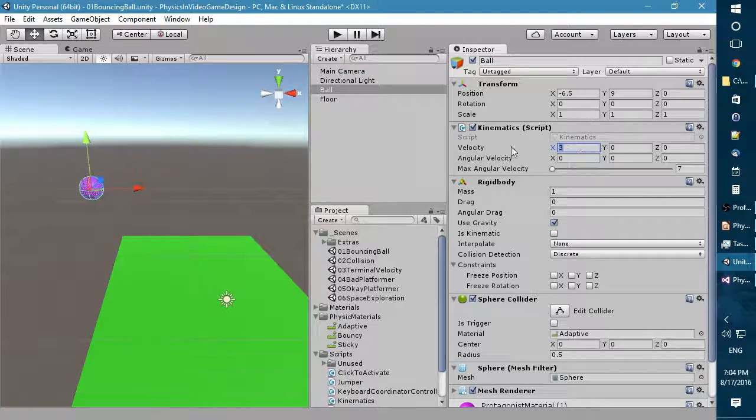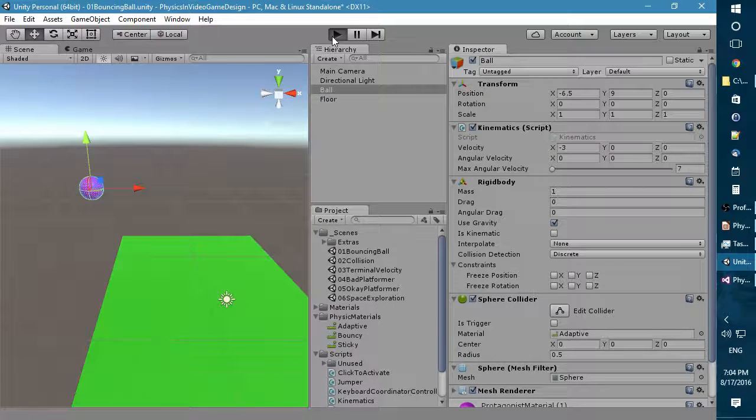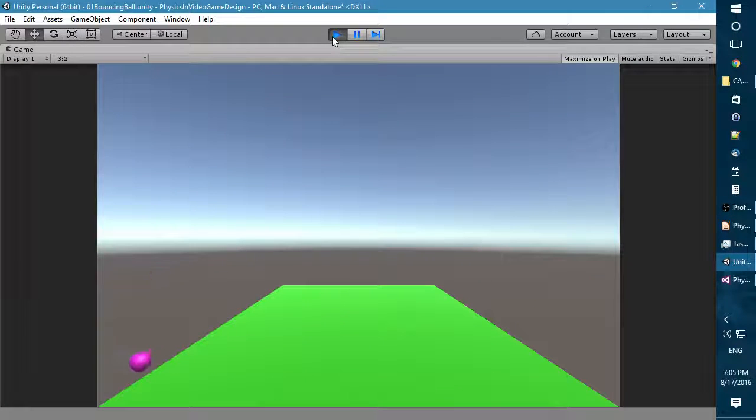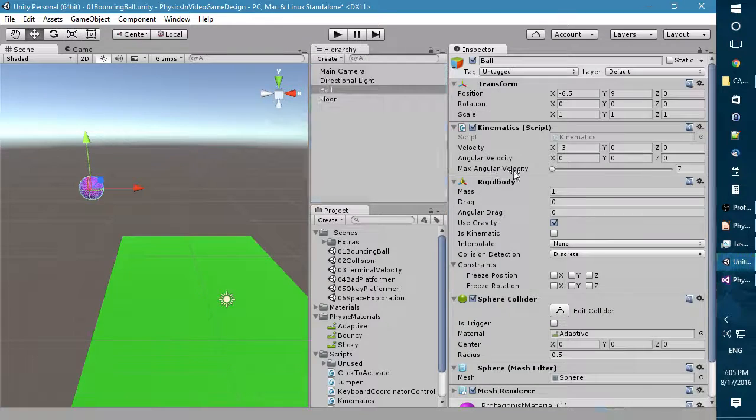Now let's look at this. This is the velocity. It's 3 in the x direction, 0 in the y direction, 0 in the z direction. So, what will happen if I switch this with -3? Anybody want to guess? Yeah, so it's going to go in the other direction, which is, for us, somewhat unfortunate because our camera isn't going there. So there we go. So this property is very important for how things are going to start moving in your game,